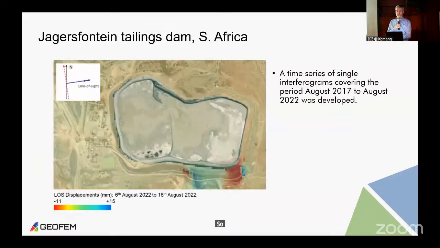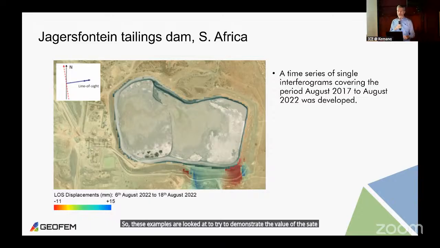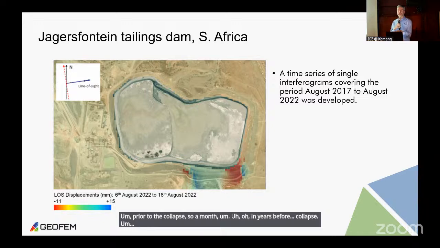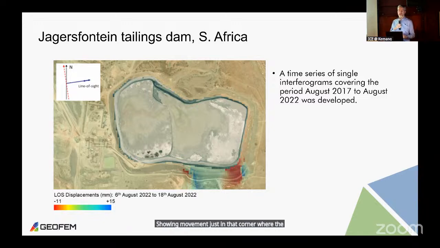So these examples are looked at to try to demonstrate the value of the satellite data in trying to prevent these collapses. So this is showing displacement data prior to the collapse, so a month, in years before the collapse, showing movement just in that corner where the breaches occurred. So there were definitely the warning signs available there from satellite data to investigate further and to possibly have avoided that collapse had